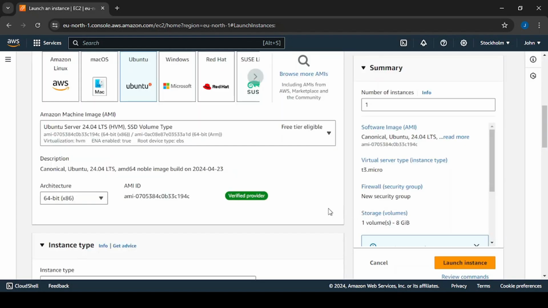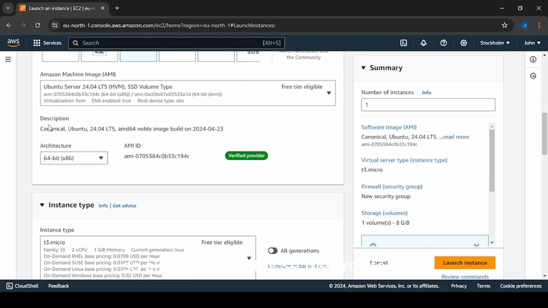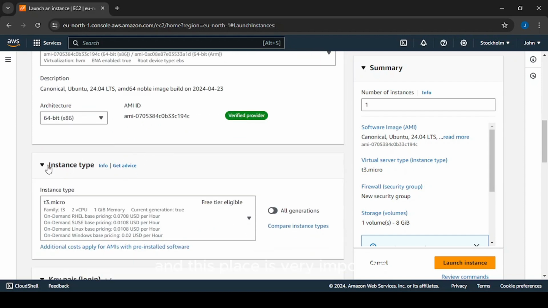Okay, confirm. So also you can choose the architecture. For me, I'm using the 64-bit x86 and I'm okay with this. So it just depends on your use case. And this place is very important, and this is where you configure the hardware, the hardware configuration of your system,